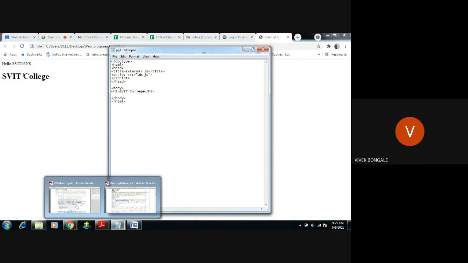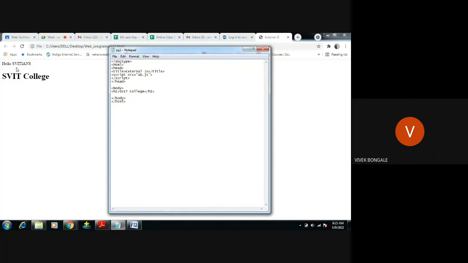In ab.js we have this message to be displayed. It displayed this part, and after this it moved to the body, read this part, and executed SVIT college. This is how we link JavaScript to the HTML code in three ways: one is inline, second is external, third is embedded. I have shown all these three examples.